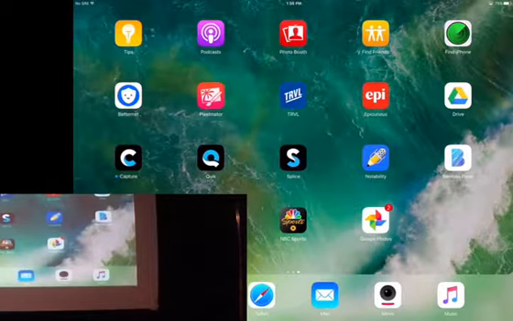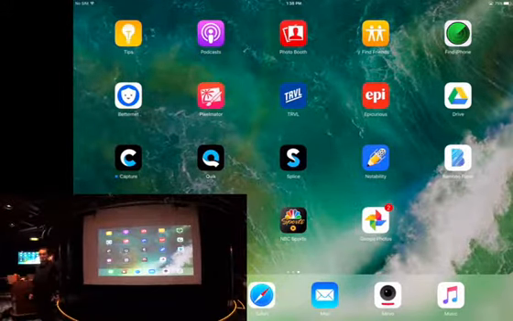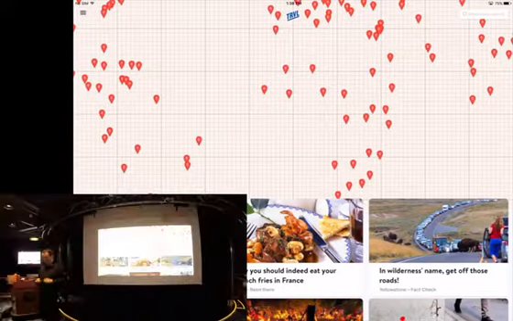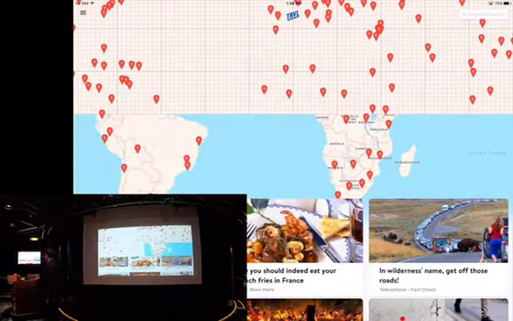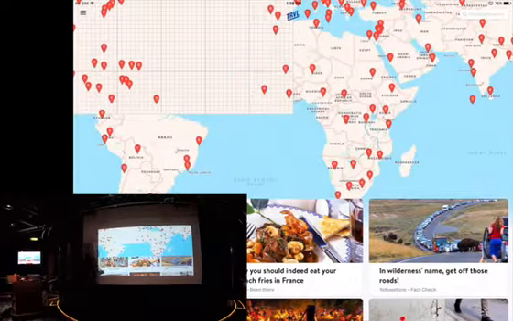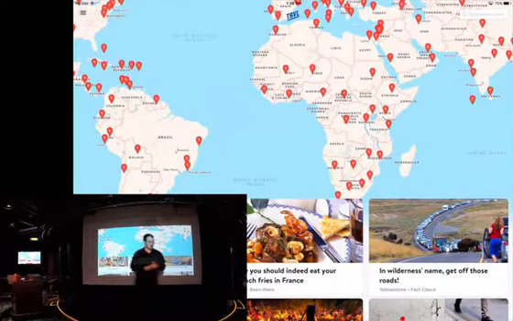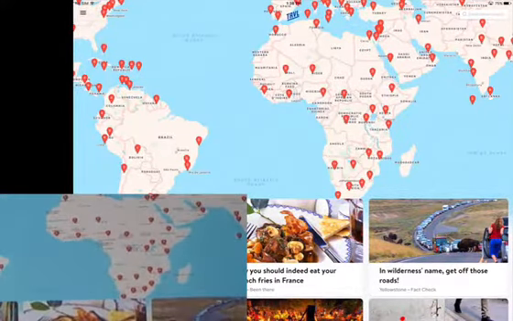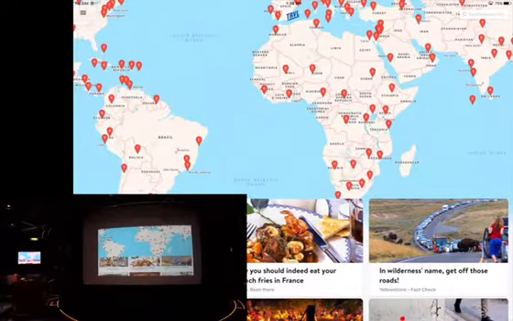The next app I'll show you, if you like to travel, you like to go to different places, you like food, this is a great app. It's available on iPads, it is available on iPhones as well. It's called TRVL. It's a travel application that shows you all about different places around the world you can travel, and the nicest thing is you can set it up so that this works without an internet connection, which is cool. So you download the book about your location, and it will work without an internet connection, which I think is a really, really awesome thing.